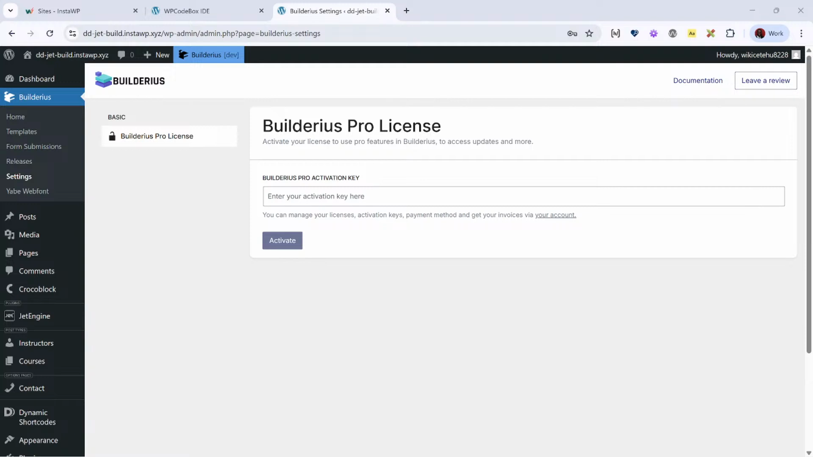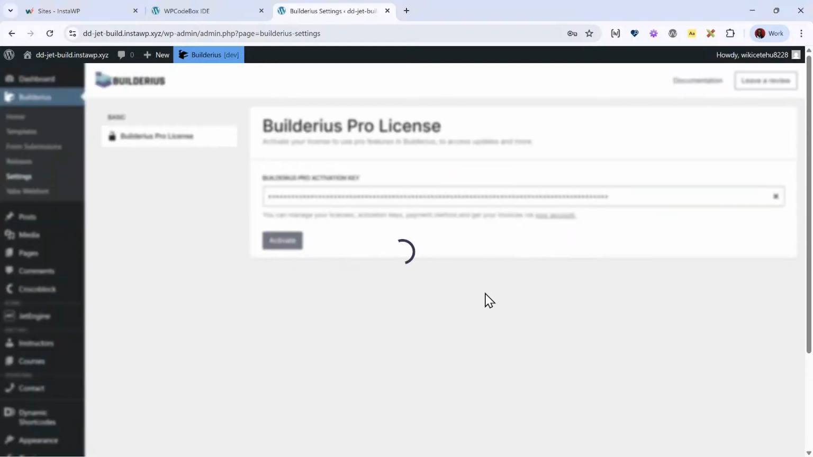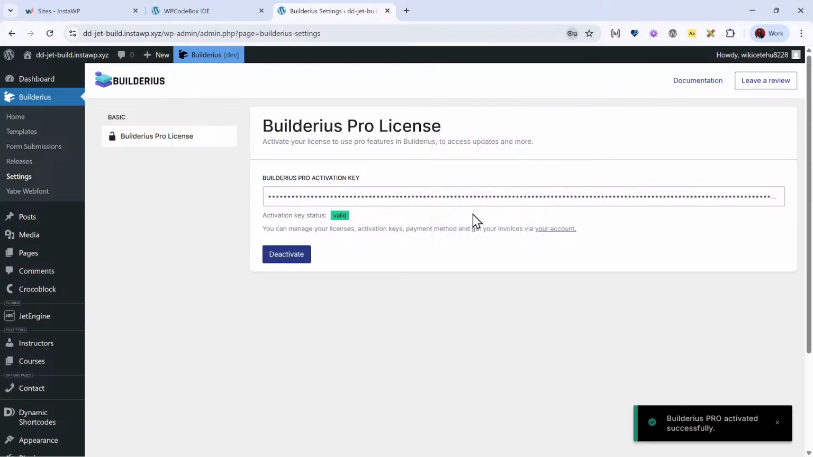Okay, go to sites. Then JetEngine. Okay, copy license, paste license, valid. Okay, let's see, how do I